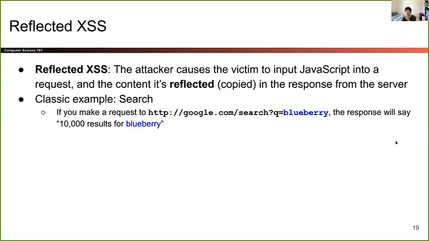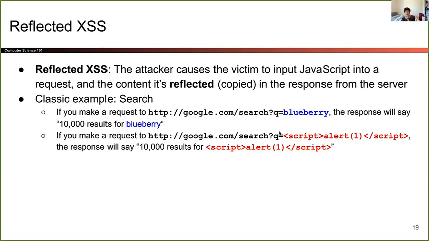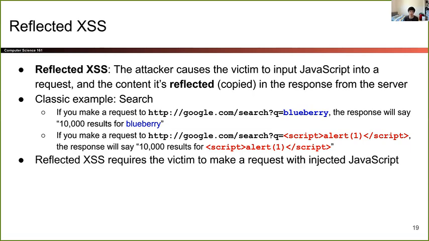So maybe I could do something like, I want to search for script alert 1. And then I know the response will say 10,000 results for script alert 1. And if Google has an XSS vulnerability, then this will cause the script to run, and then in this case, it'll cause an alert window to pop up. Again, maybe it could be something more malicious. So in this case, we need the victim to make a request, and that request has to contain the injected